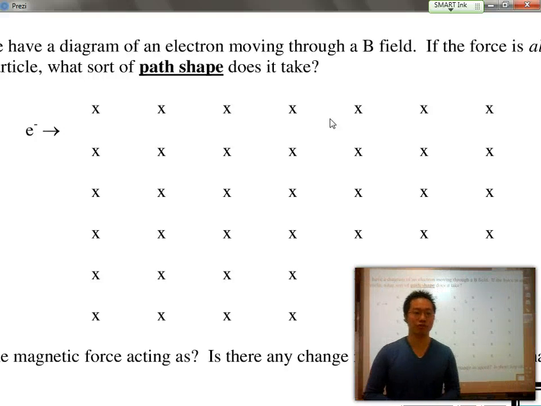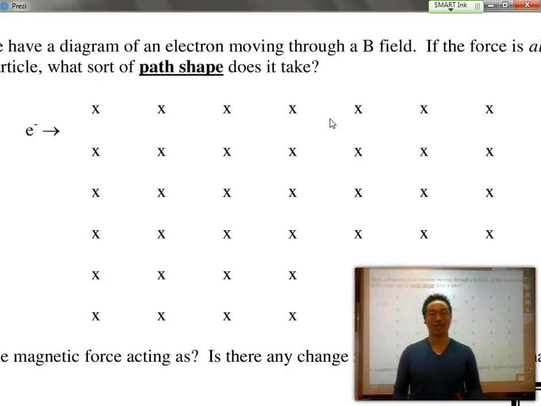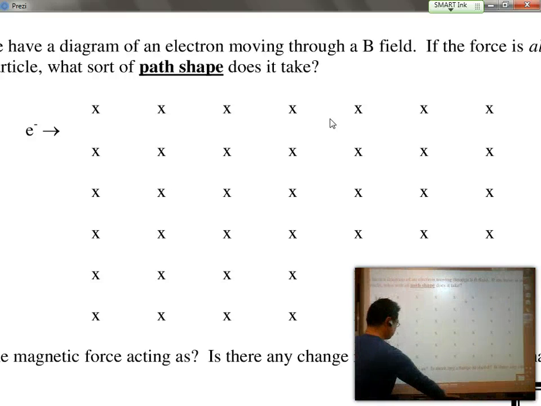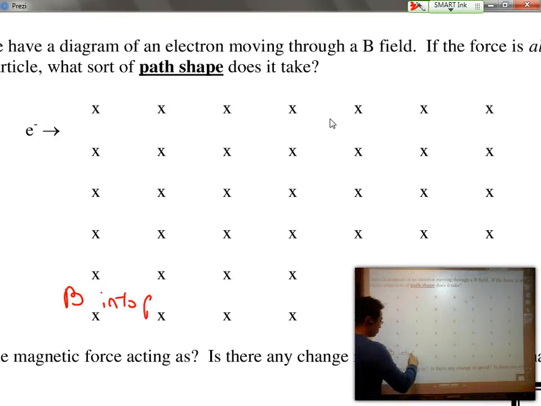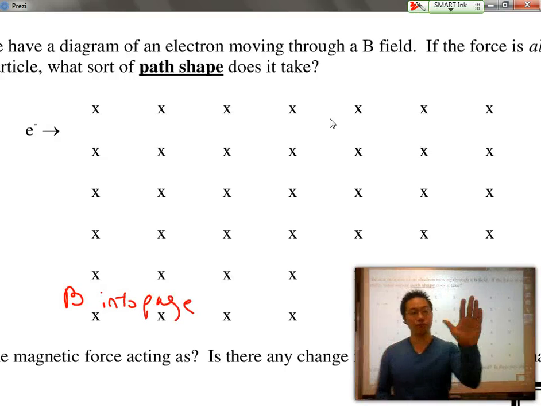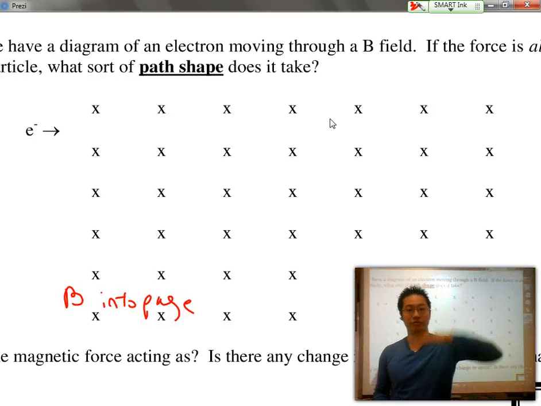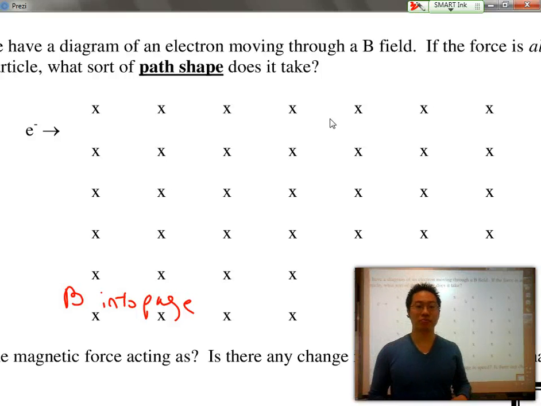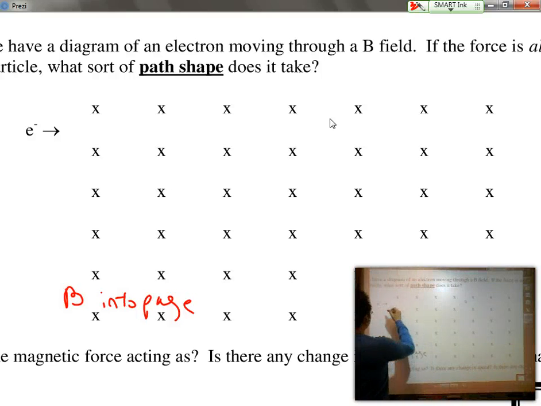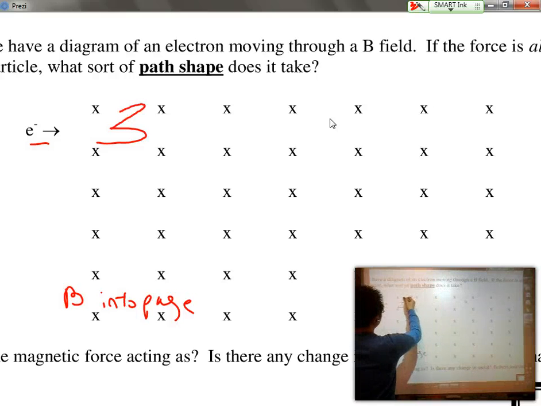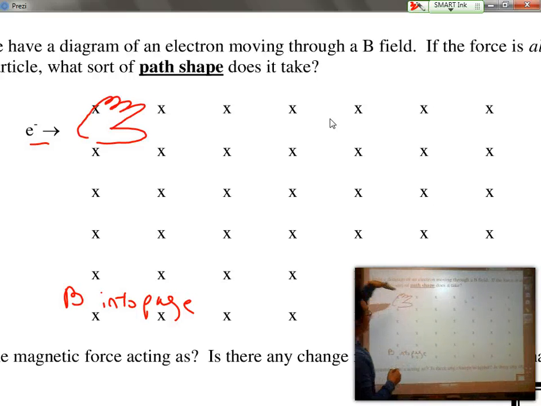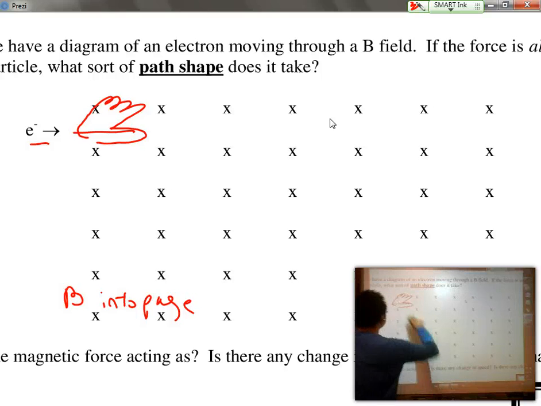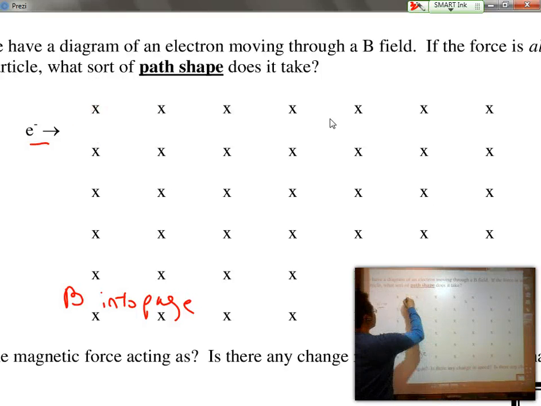So if we go back to this picture over here now, in this case, we have an electron moving through a magnetic field. The magnetic field is going into the page. So if we were to use our hand rule over here, I would want to point my thumb to the right because that's which way the electron is going. Of course, I would use my left hand. So my thumb will be pointing to the right, and my fingers will be pointing into the page itself. Okay? That means as the electron actually travels in, it's going to feel a force acting